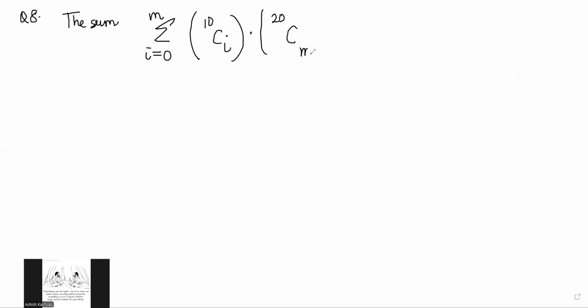Let's move on to the next problem, question number 8. The sum, i goes from 0 to n, 10Ci multiplied by 20C(m minus i) is maximum, we have to find out